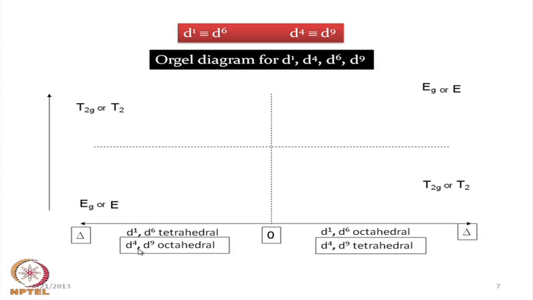D4, D9 are equivalent, with D4, D9 on the left hand side and D1, D6 on the right hand side, and again we see that there is a relationship between the splitting of the octahedral field with respect to the tetrahedral field because of